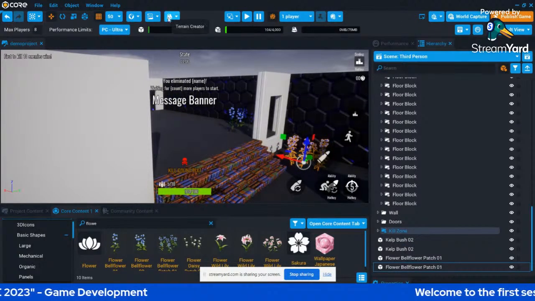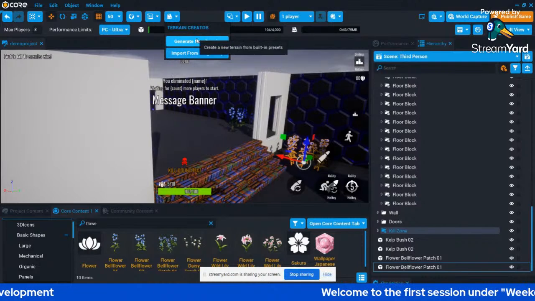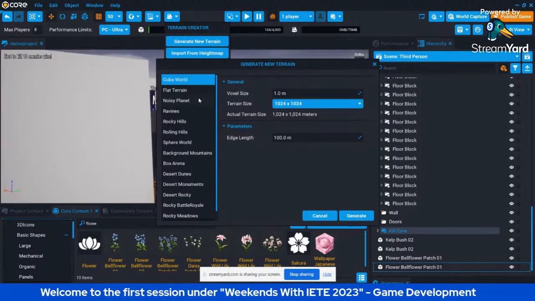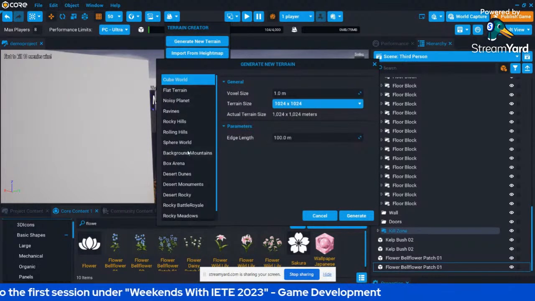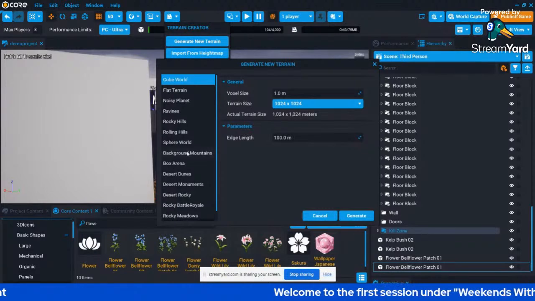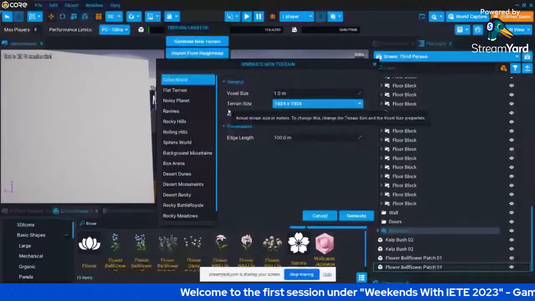Now I want to tell you about one more feature, the terrain. Basically terrain is your entire landscape, whatever you can see. I would suggest that if you're using a particular template then go for it. But if you're using a blank one, if you want to create your project from scratch, you can use this terrain.